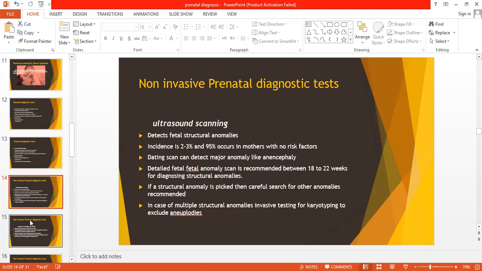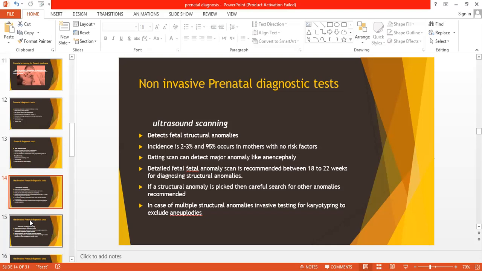ठीक है, this is always a rule कि एक structural anomaly आप pick कर लें, you should be vigilant to find other structural anomalies because they usually occur in clusters। In case of multiple structural anomalies, invasive testing for karyotyping to exclude aneuploidies। If there are multiple structural anomalies, you should suspect chromosomal anomalies like aneuploidies, monosomies, trisomies। ठीक है, मोनोसोमीज में कॉमन है टर्नर सिंड्रोम, और ट्राइसोमीज में कॉमन है डाउन सिंड्रोम।